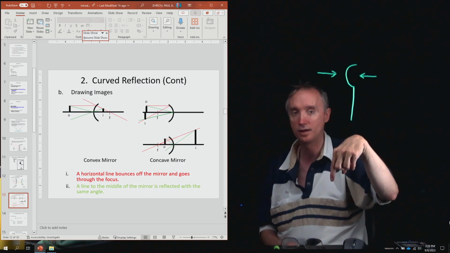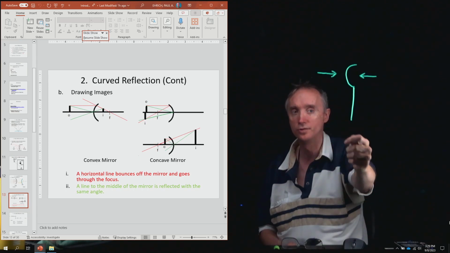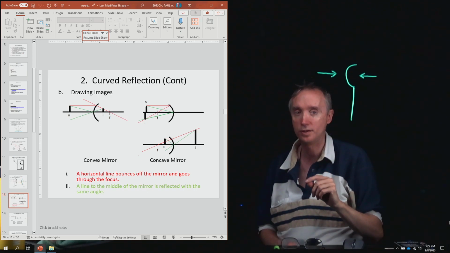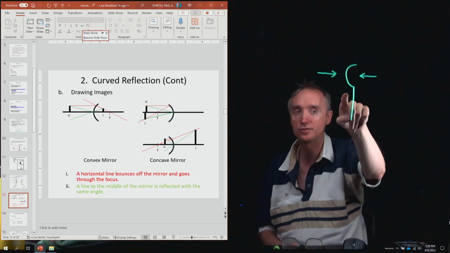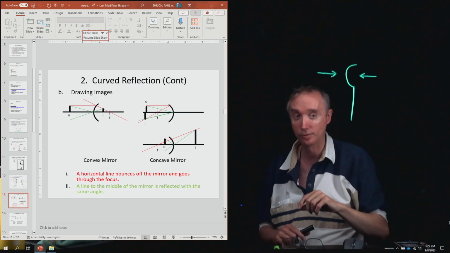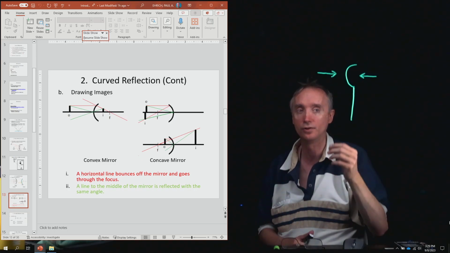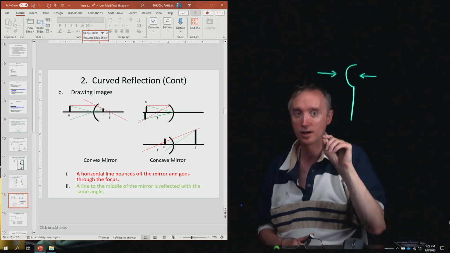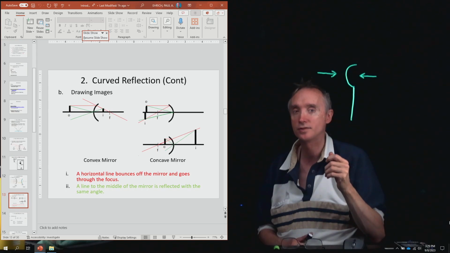Might be difficult to tell, but no matter where you hold the spoon, your image is always going to be right side up. This is a good thing because remember that concave mirrors are used in hospitals to be able to see around corners. So it wouldn't be very good if you were to look into the mirror and you were upside down. Okay, so a convex mirror always gives you an image that is going to be right side